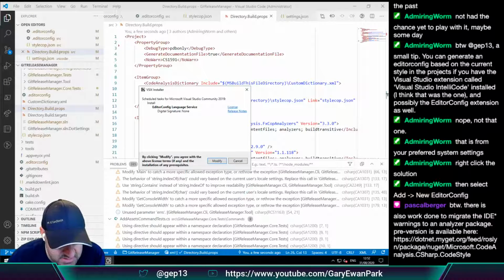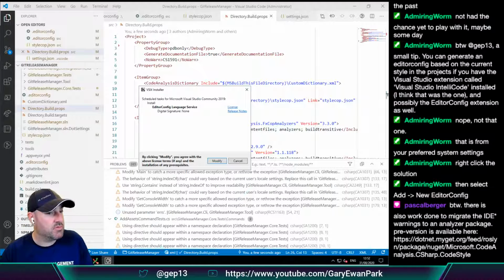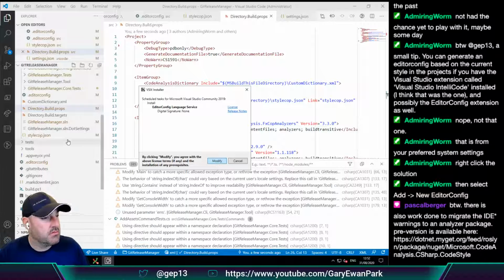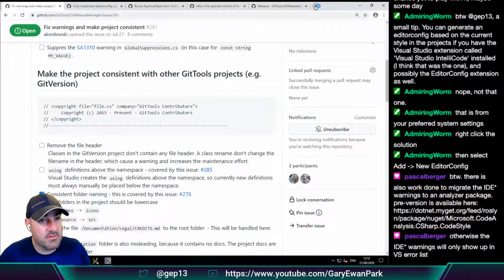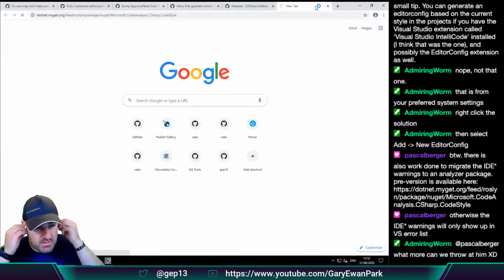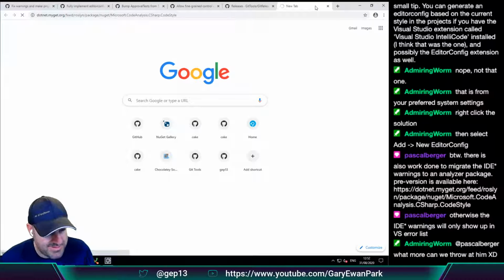Pre-version is here. Microsoft Code Analysis C# code style. So what does this do? Copy that. New tab into here. Stop it.